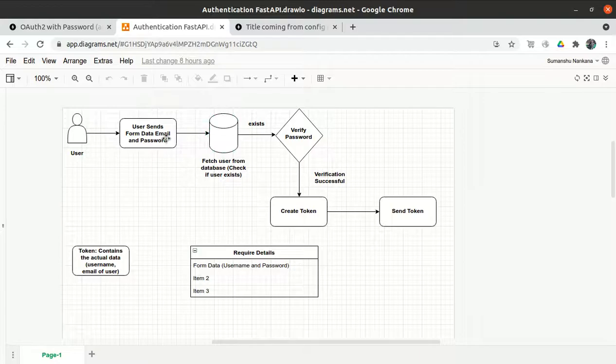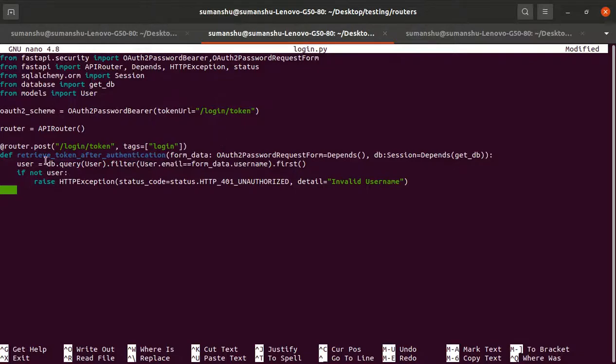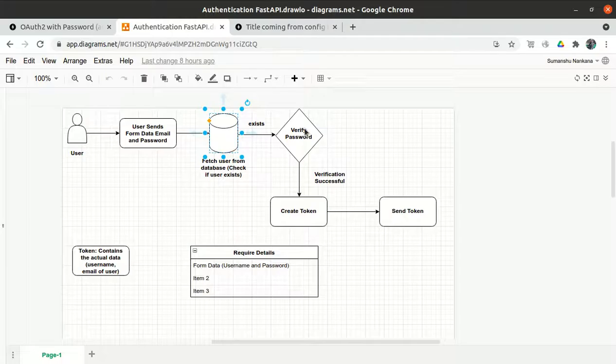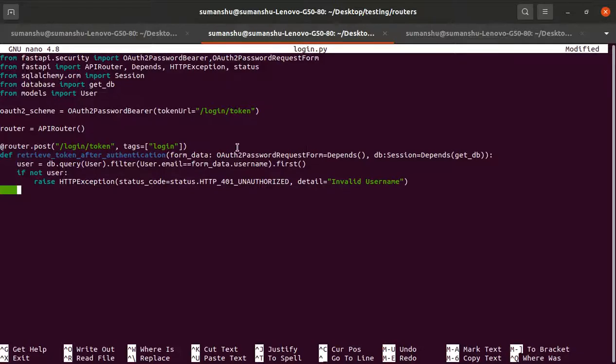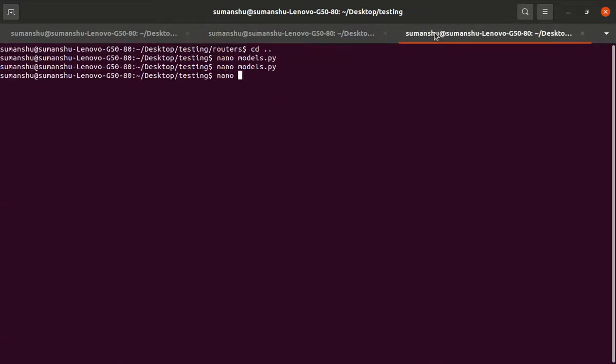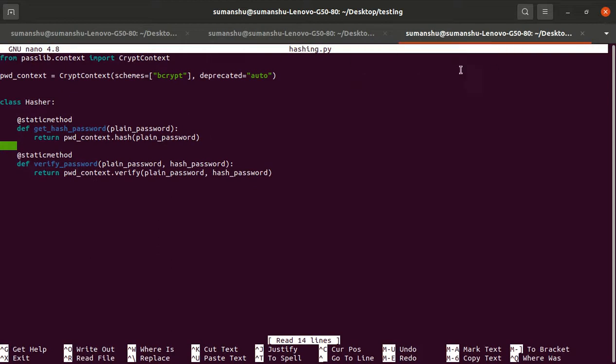Let's suppose user exists. Now we have checked the user things, so this box is completed. First we fetch the data from the database and we get the user. So if no data exists, then it will say invalid username, right? The next box is we have to verify the password. We have already created verify password in the hashing.py file.